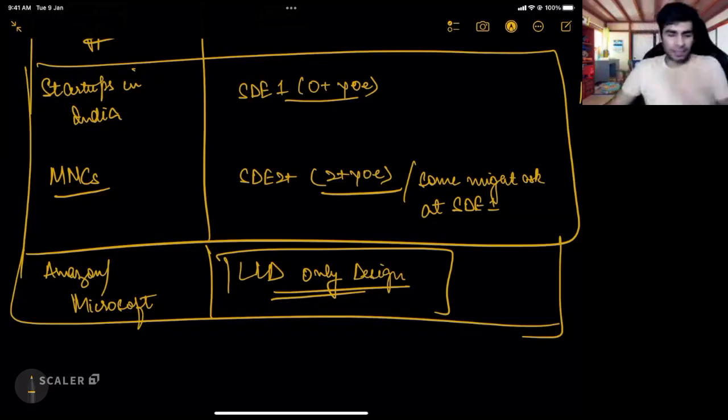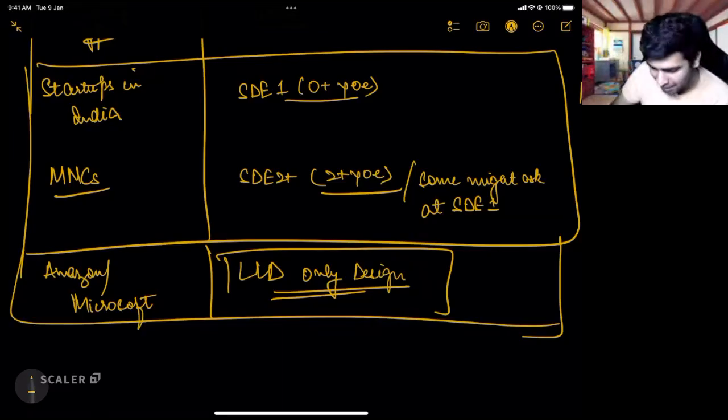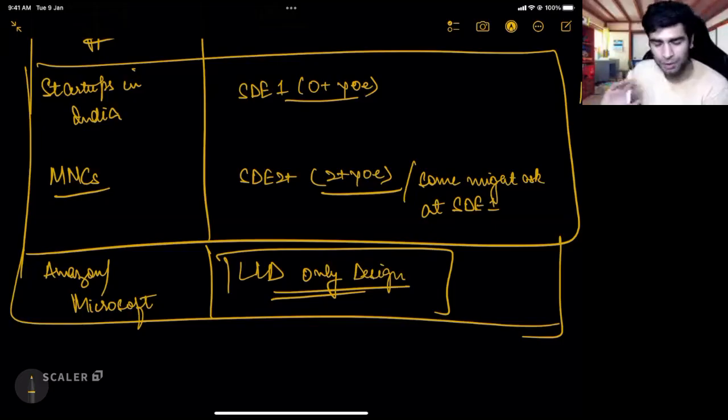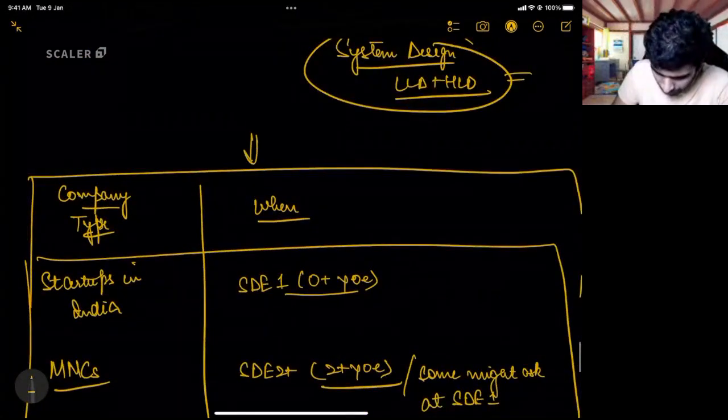Yes, Aditi, many people go to Google at SDE-L4 without ever writing a software product. So it can happen at Google. If you are good in DSA, you can get to Google without even knowing how to write software. Anyways, we are going to discuss these types of interviews later.